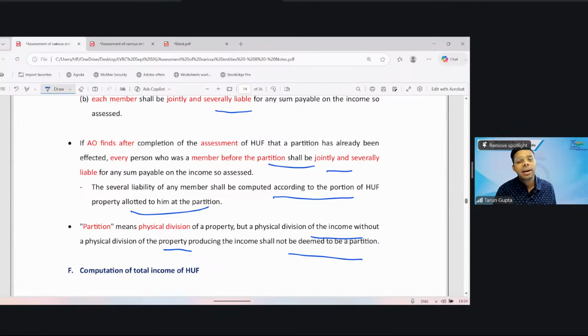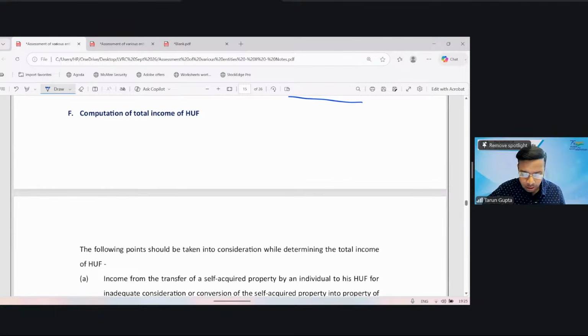If he has recorded a finding that there is a partition, then income up to the date of partition shall be assessed in the hands of the HUF, and all the members shall be jointly and severally liable for the dues of the HUF. If the AO gets a finding after the assessment that there is a partition, then whoever the members were before the partition shall be jointly and severally liable for the liability of the HUF. Okay. And the several liability shall be as per the portion of the asset allotted to him from the HUF property. Okay. So